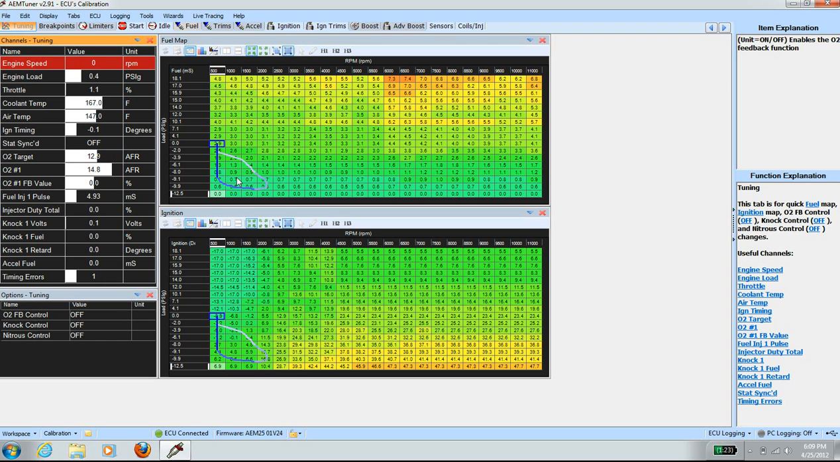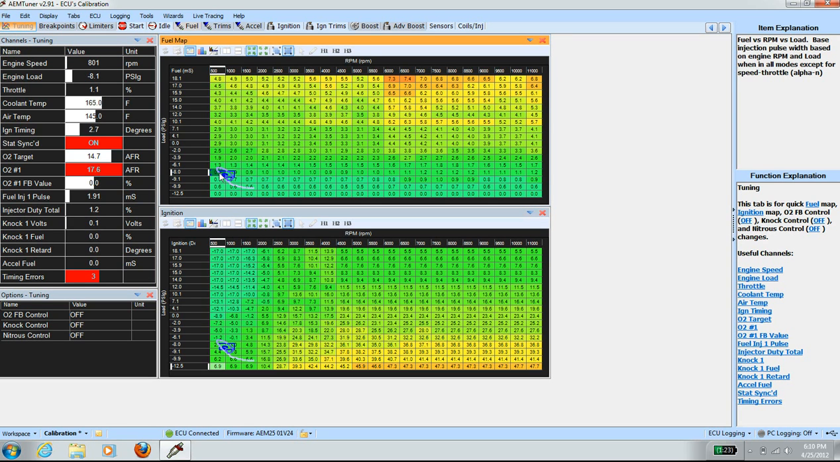It is running too lean. So what we need to do is increase each of these cells to about 0.8, and if idle's a little bit rich, we'll go to feedback off. So we need to